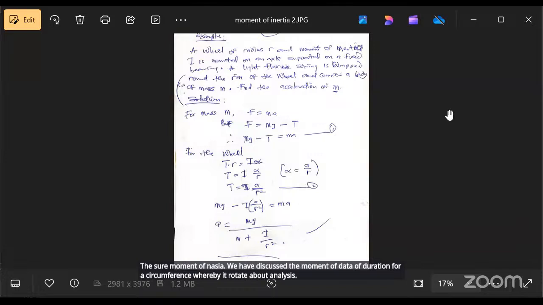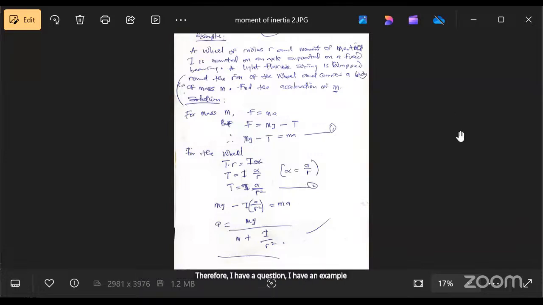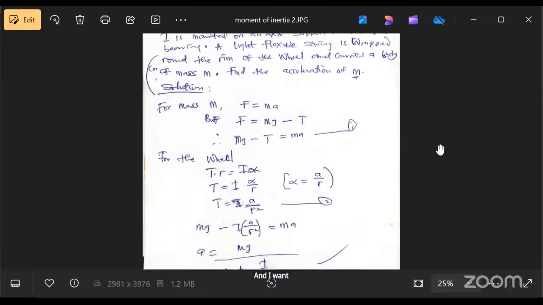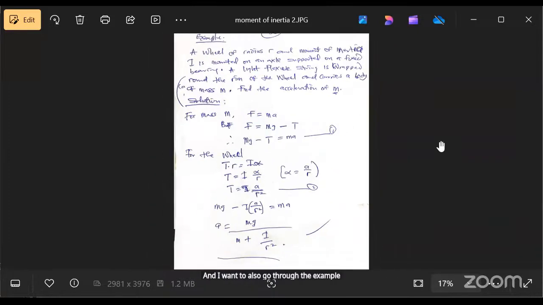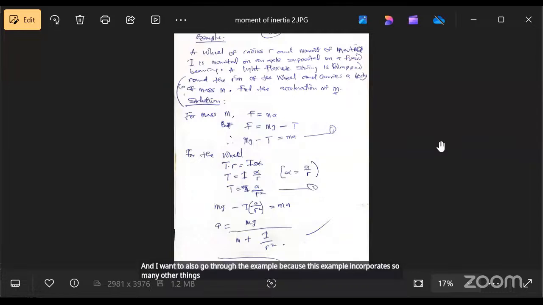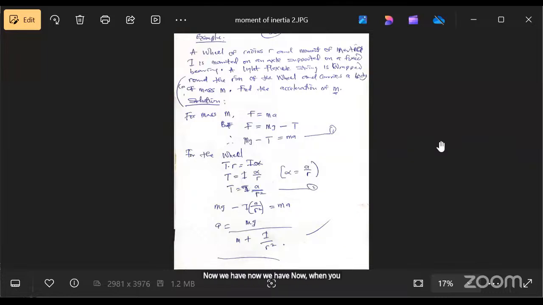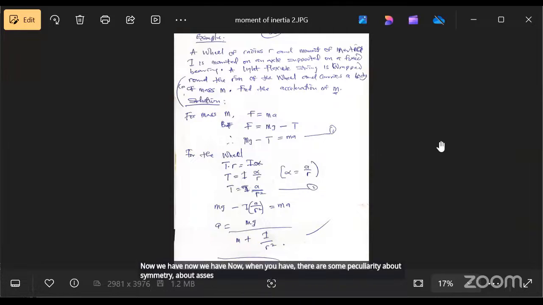Therefore, I have an example there on the screen, and I want us to go through the example because this example incorporates so many other things, and you can bring them together to get an expression for acceleration. Now, there are some peculiarities about symmetry, about axis, about circumference, or rectangular symmetry. But for this question,